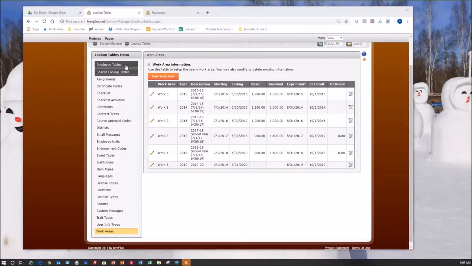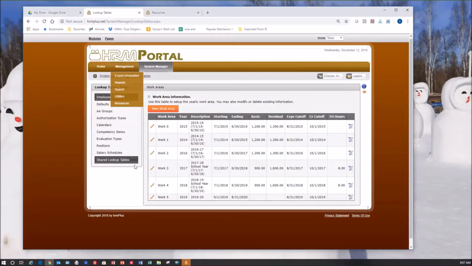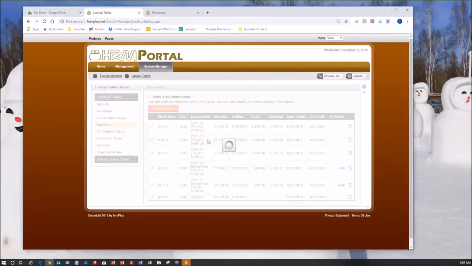We're going to go ahead and go into the employee table. So these are tables that affect just the employee record system, whereas shared tables affect all systems. And we're going to look at the calendar table next. This is always the one that we go,